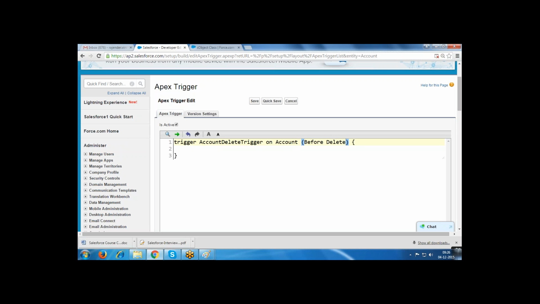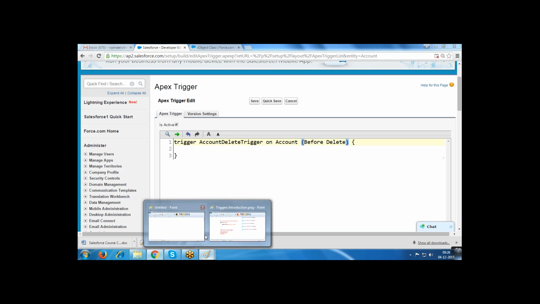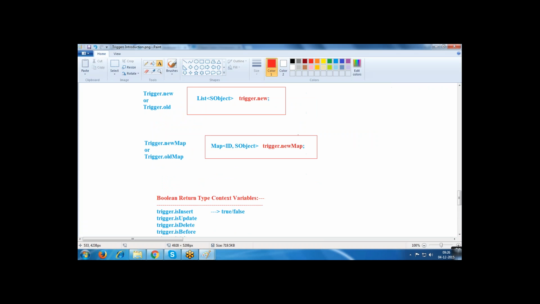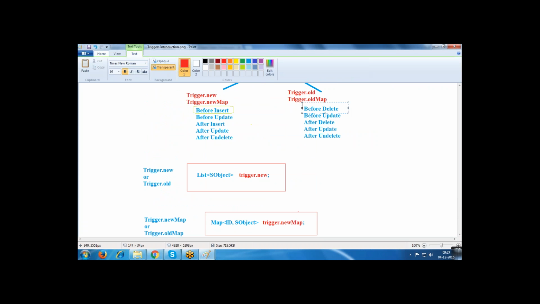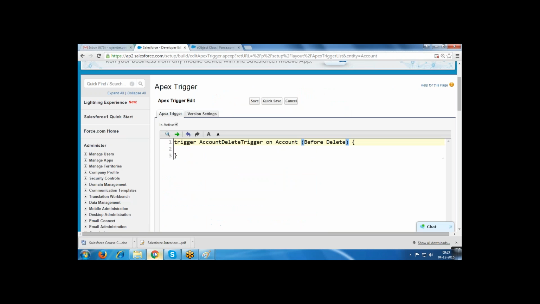Now here, for the before delete event, what is the context variable we are using? For this, Trigger.old is required.